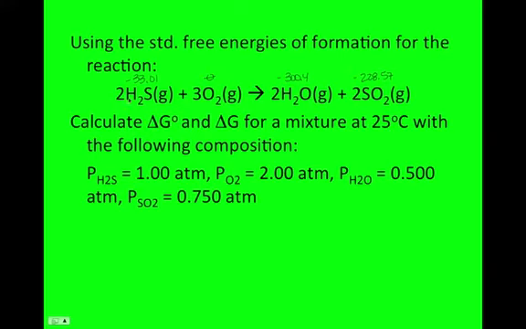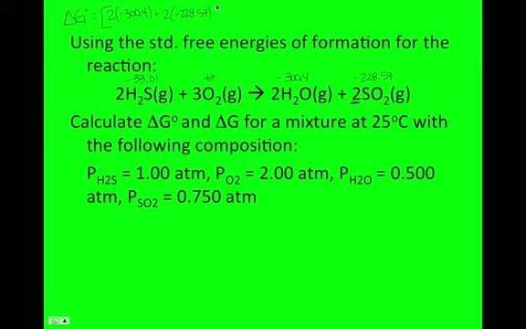And so now to calculate the standard change in Gibbs free energy, all we have to do is sum up the products and subtract the sum of the reactants. And again, because the units on G are kilojoules per mole, we have to take into account the coefficient. So I'm going to write it up here so I can keep them separate. So delta G naught is going to be equal to the sum of the products, which in this case is going to be 2 times negative 300.4 plus 2, because they both have coefficient of 2. 2 times